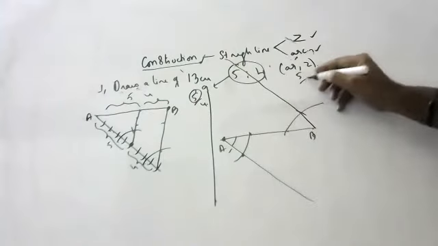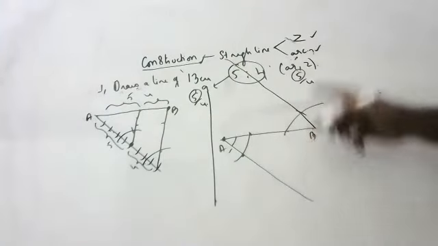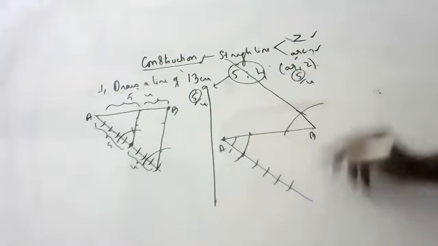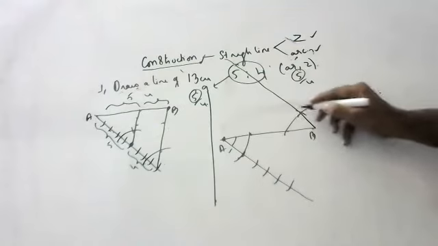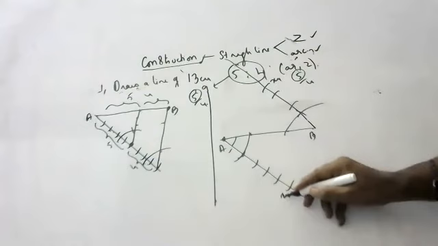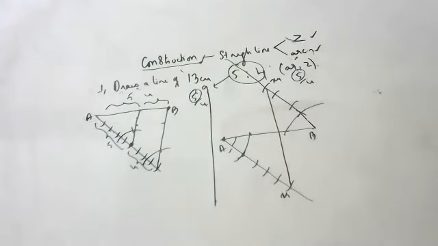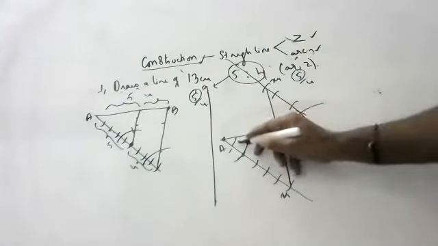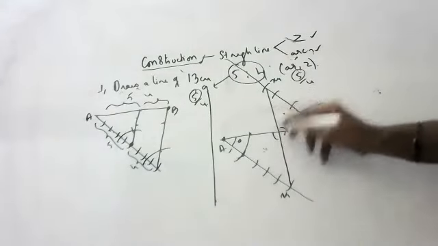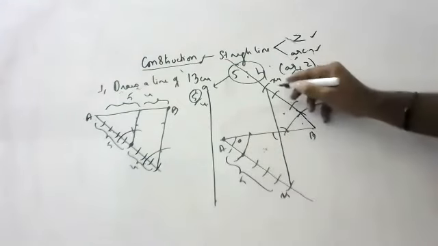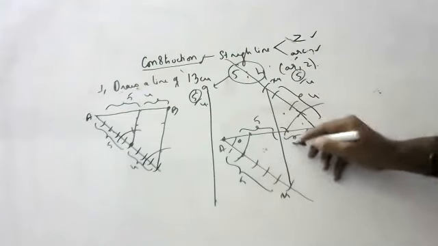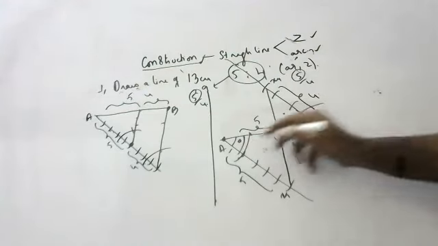Now 5:4 means 5 down, 4 up. So with equal radius 1, 2, 3, 4, 5. With same radius, what you cut here: 1, 2, 3, 4. That's all. This is x4. This is x5. Now join 5 and 4. These are vertically opposite angles. These both angles are equal. These are similar triangles. Okay, this is 5, this is 4. By CPST, this is also 5, this is also 4. Children, you have to say by AA similarity.